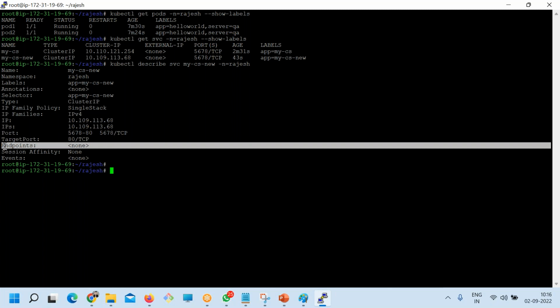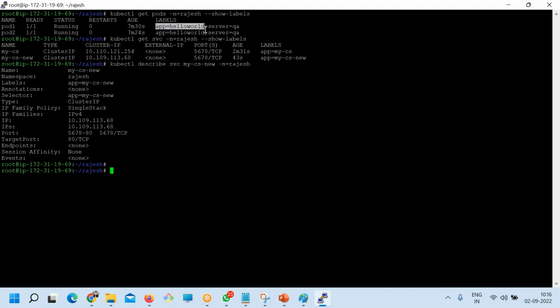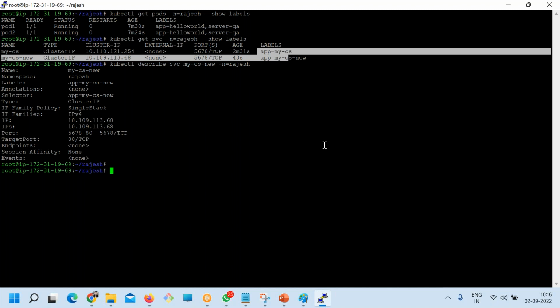What should I do? Tell me. So I told you, right? Tell me, one person, how does this service work? I told you a very straightforward statement: how the service works, using labels. So tell me, are the labels of the service matching right now? Not matching, correct? Yes. So simple. What to do? Match the label.